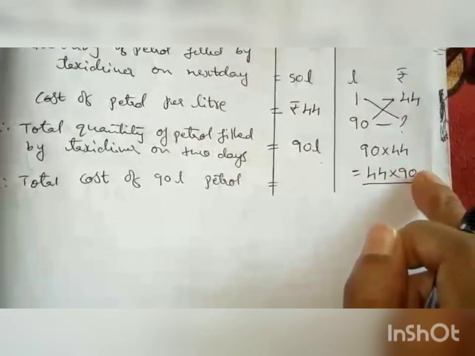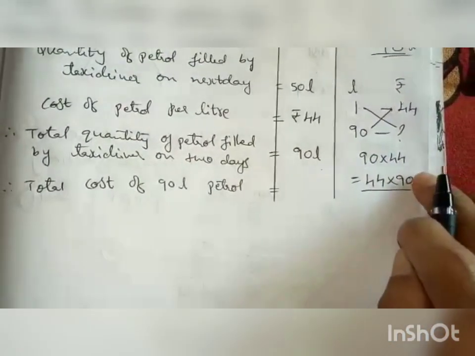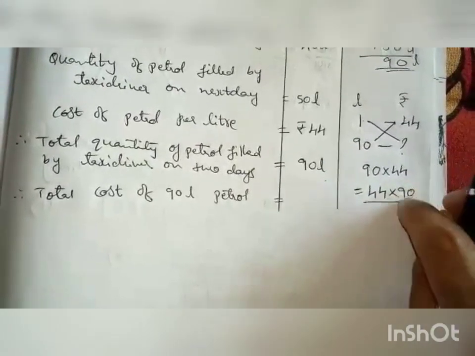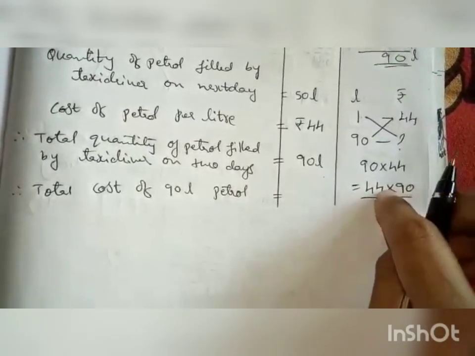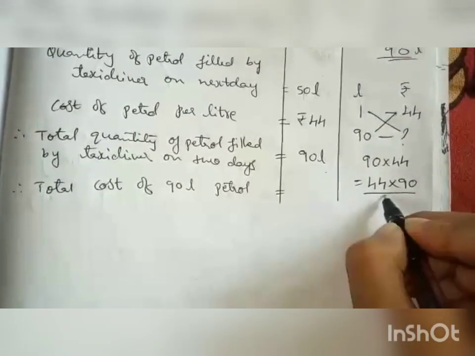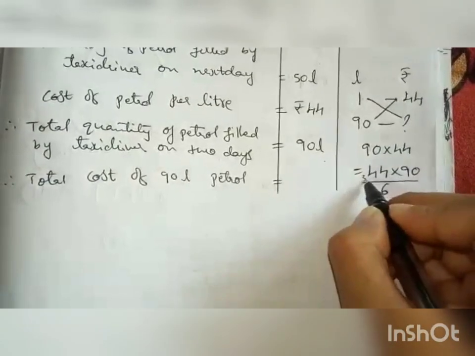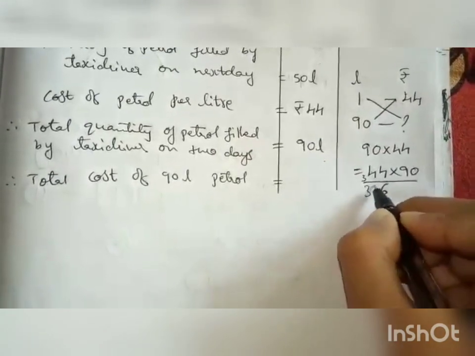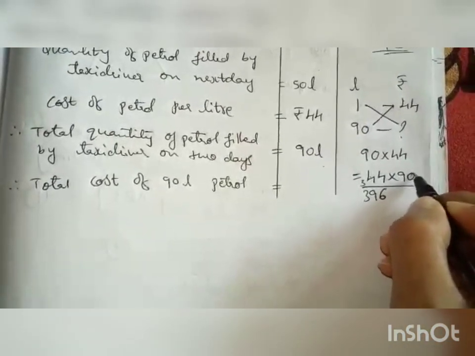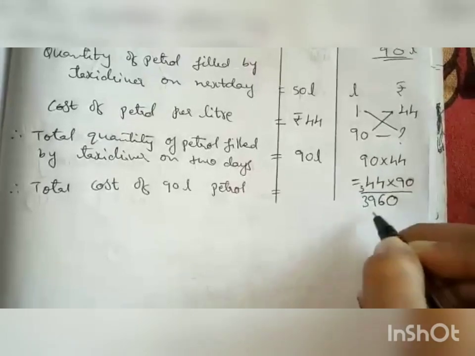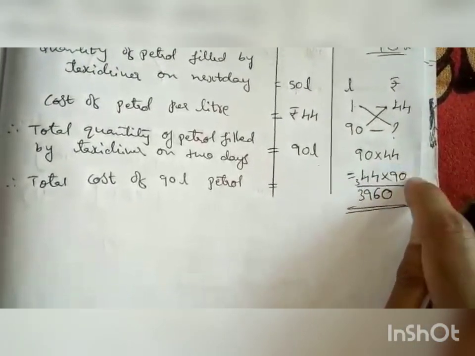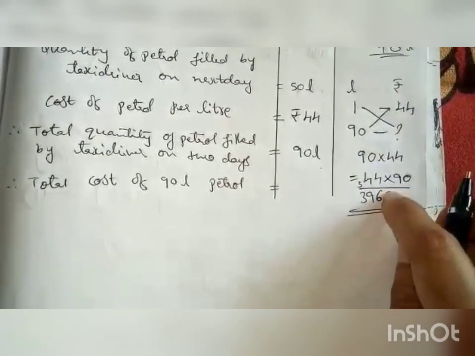So 44 into 90, how will you multiply? This 0 is at the last. Ignore this first. Only multiply this. 9 4s are 36. 6 here, 3 carry. Again 9 4s are 36 plus 3, 39. Then we have left this 0, that we will put here. Finished. Only if you have 0 at the end, you can ignore, and at last you can put that 0.